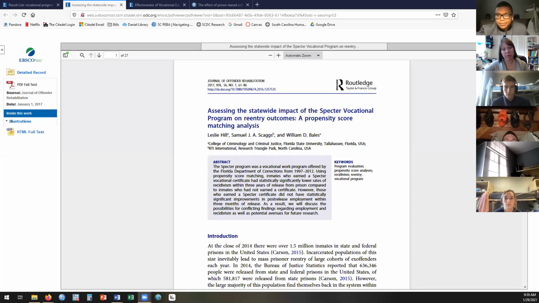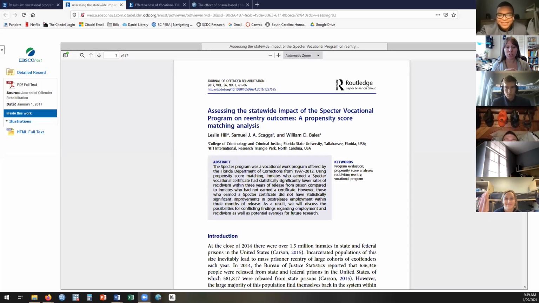See this little download button? You're going to download your article and save it in a folder that you can then find later, okay? Don't email yourself the link with no subject, and then when we do our first one-on-one appointment, we spend 20 minutes trying to refine the same articles. Every semester, I have 10 students at least that do that. Don't be one of those 10, I'll publicly shame you.